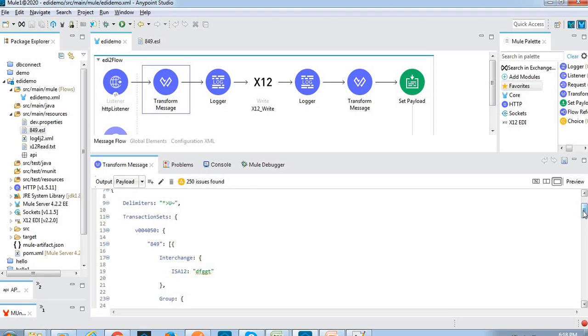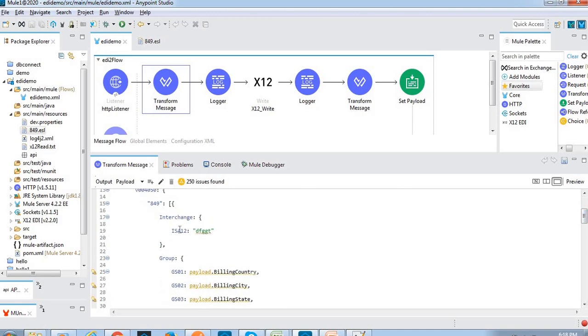See here, we are defining the delimiters. If you want to know about the segment terminator, delimiter and other segment details, see the previous video. And here we have the transaction sets, and this is the beginning of the file, ISA, and then the group.